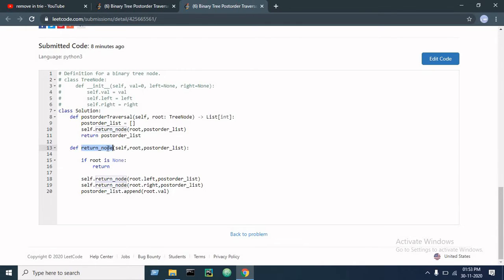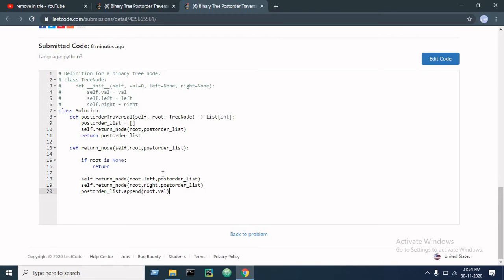In this function, first I check whether the root is none, and then I call it again, meaning I use recursion so that it goes till the node is none and then returns. Same for the right, and after it I append the value of the root to the post order list.